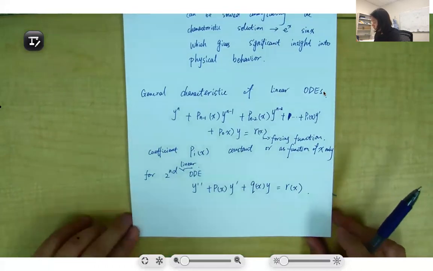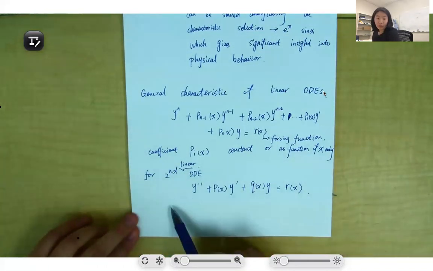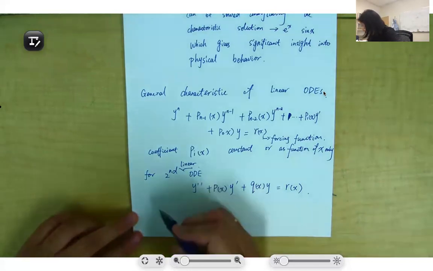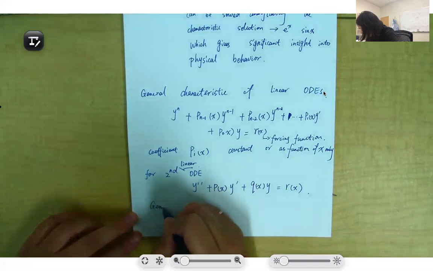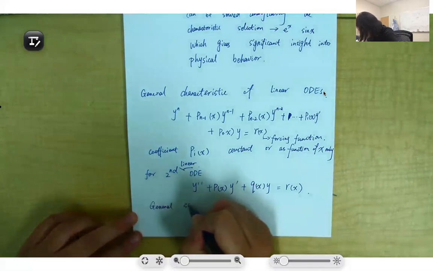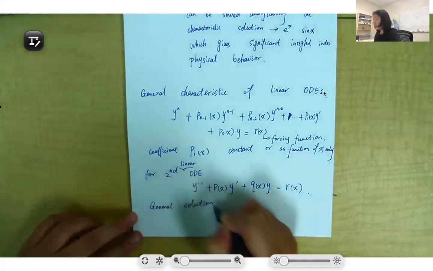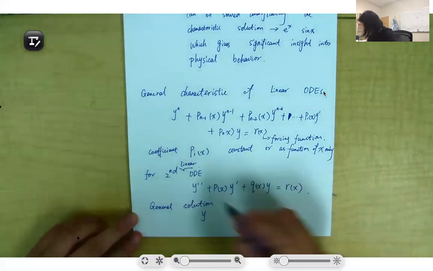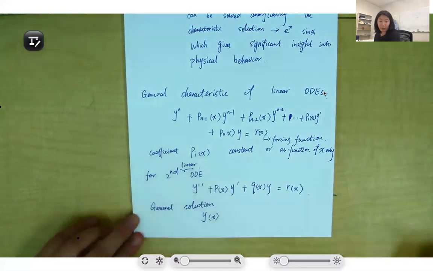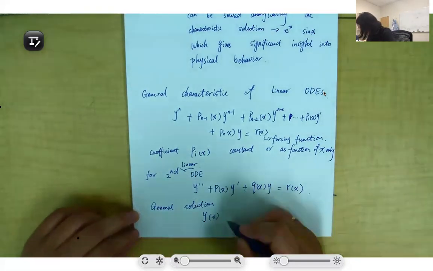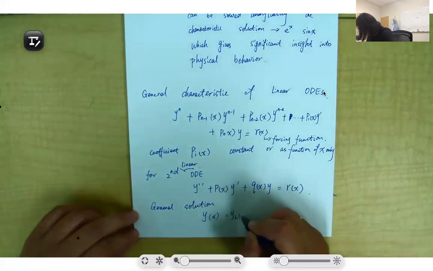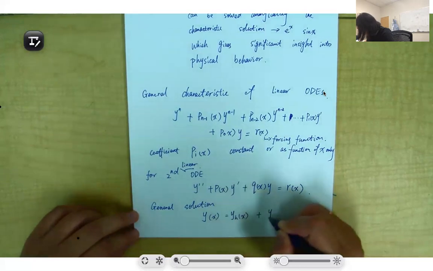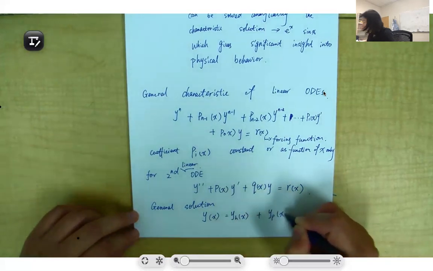And the general solution, as we say, one of the terminology and notations we will talk about is called the general solution. So the general solution y as a function of x will be equal to y_h(x) plus y_p(x). And what